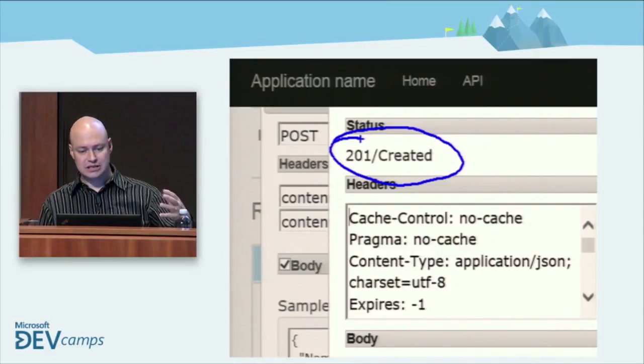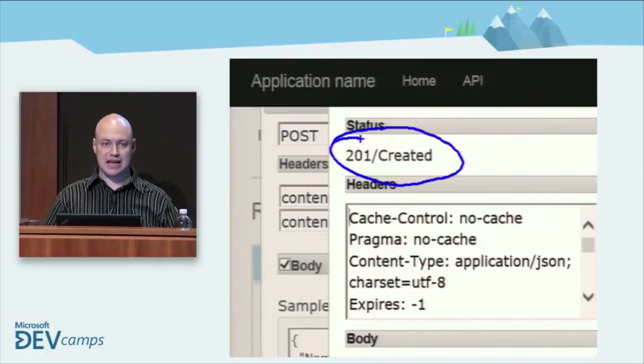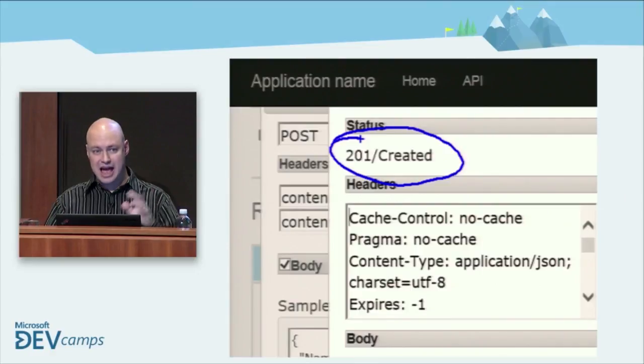And so we don't need to define a lot of ways to say, yes, I created it or whatever. All we do is return a 201 and we're done. That says this item was created. How many people here knew that an HTTP 201 meant created? Right, a few nods, right? Some people showing off a little bit, but